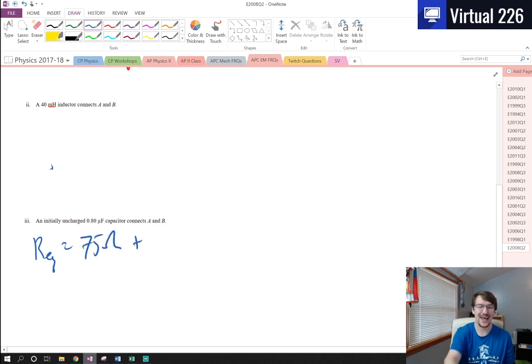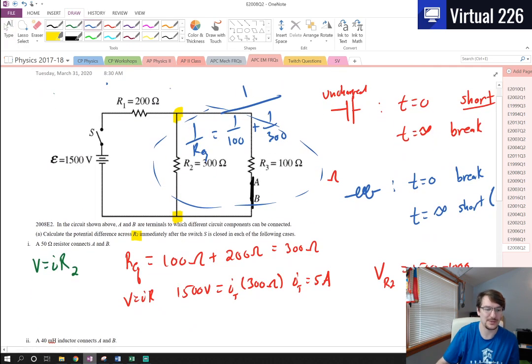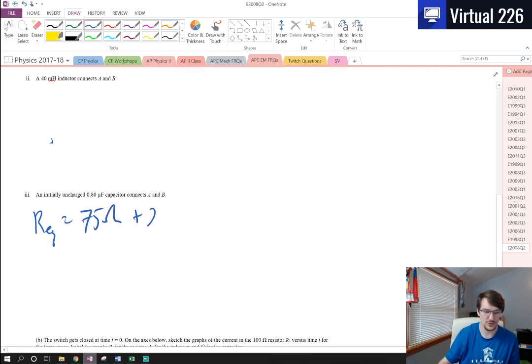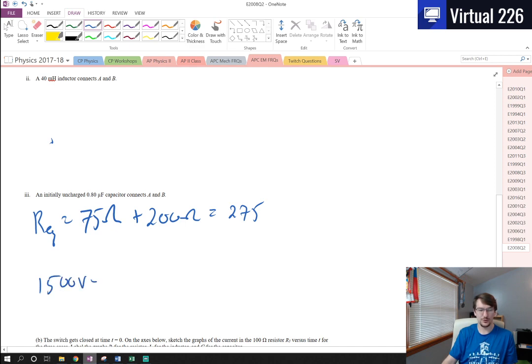And then I need to add that to what happened in the beginning here in series, the 200 branch. So 200 plus 75 will give us 275. If that's the equivalent resistance of the entire circuit, then by Ohm's law, 1500 volts equals the total current times this 275 ohms, which gives us that our total current is